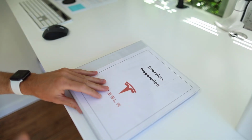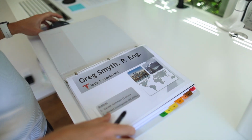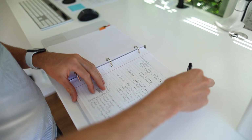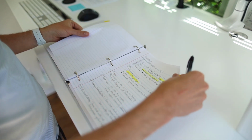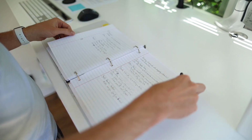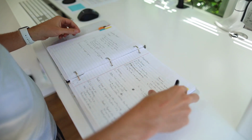Besides a portfolio, the second thing that most people don't often do is to summarize and then translate your experience. And so this is separate from a resume. I literally spent dozens of hours doing this exercise. Sitting down, I probably summarized around 100 different situations in the structure of STAR, which is situation, task, action, and result. This gave me the time to really reflect on that experience, to be able to translate it,